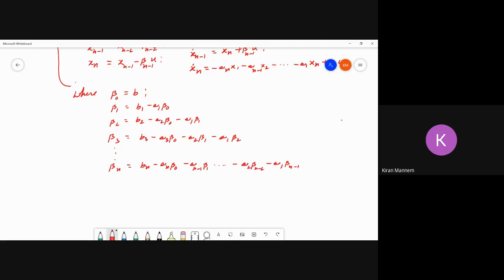Now if you put it in matrix form, that is your state equation matrix form, you will get